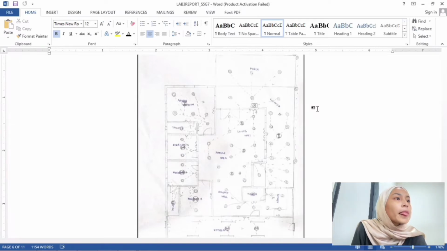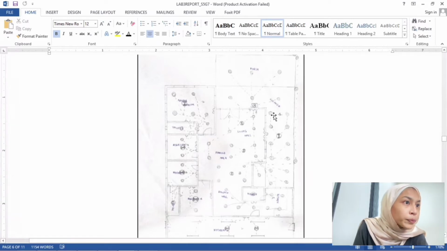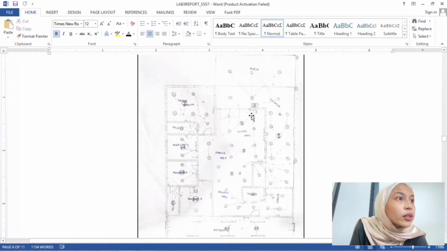So this is the house wiring plan for my house. For the first MCB, it is connected with the sockets in the living room and veranda. There are 1, 2, 3, 4, 5, 6 sockets, and here there is 1 socket. For the second MCB, it is connected with the master bedroom and toilet 1. There are 1, 2,